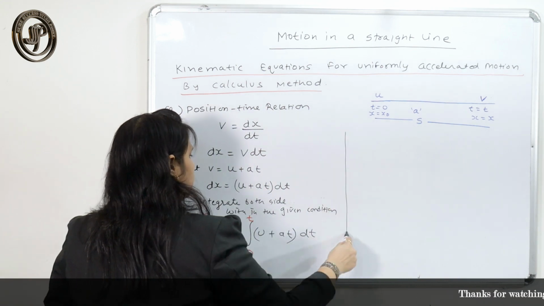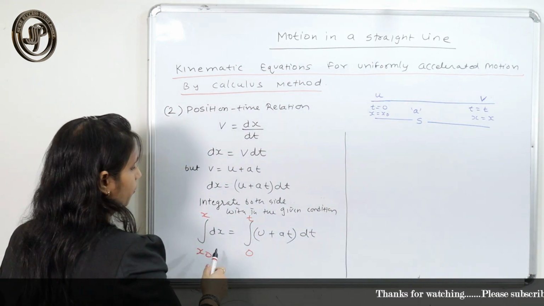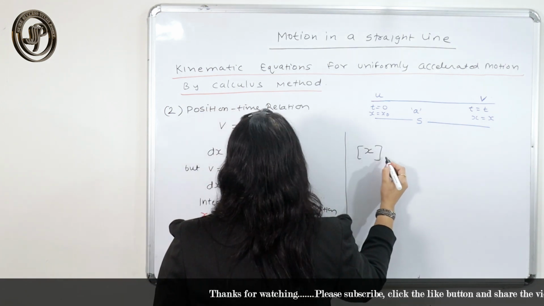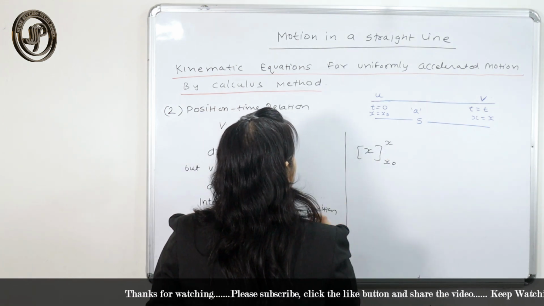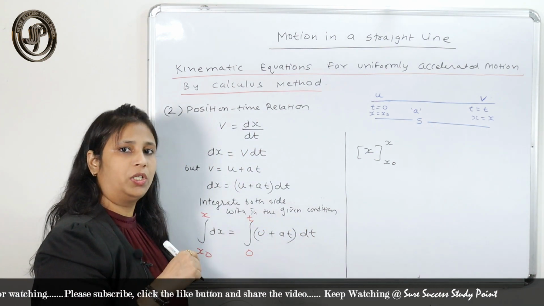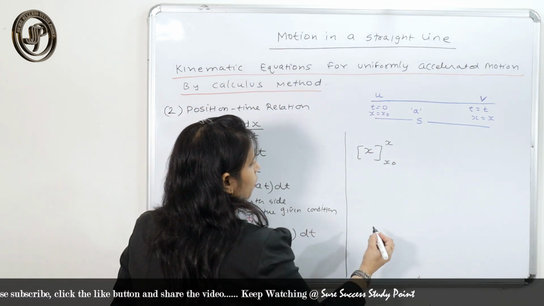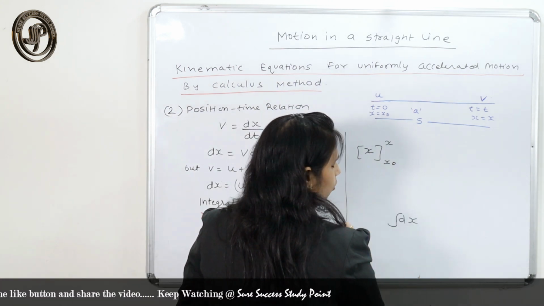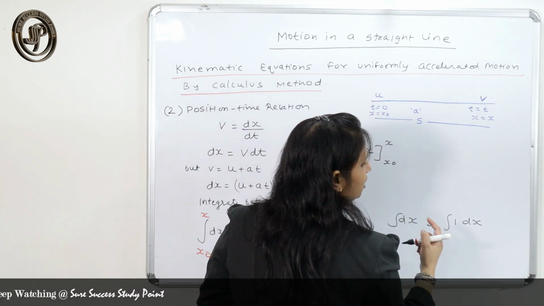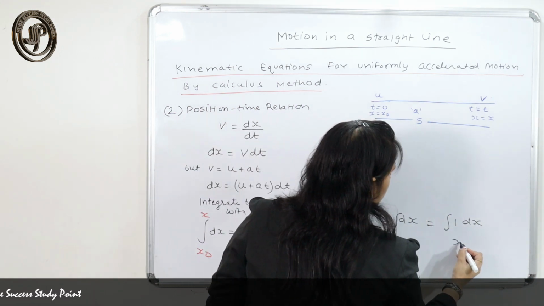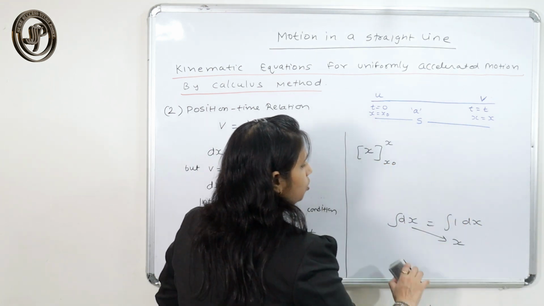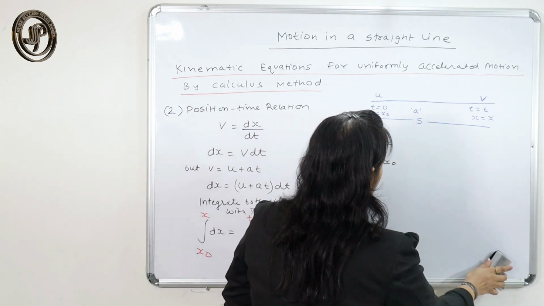Now, if we integrate this, we have to solve this definite integral. The integration of dx will be x. You can memorize simply that the dx integration is x, and the dv integration is v. Because if only dx, it means it is 1 dx, and 1 means x raised to power 0. So, you will get only x. So, integration of dx will be only x. You can memorize it this way also.